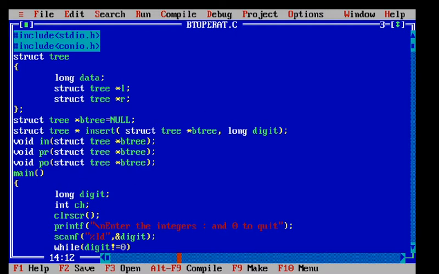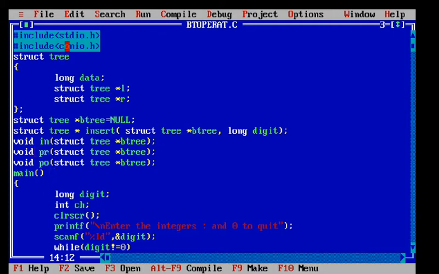Now friend, we are going to discuss the traversing operations of the binary search tree. In the binary search tree, we have seen in-order traversal, pre-order traversal, and post-order traversal techniques. So, with the help of a program, today I will demonstrate three techniques: in-order, pre-order, and post-order.